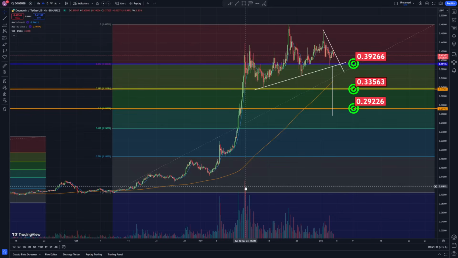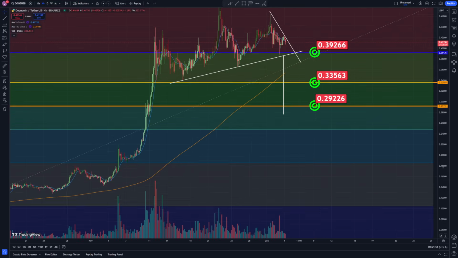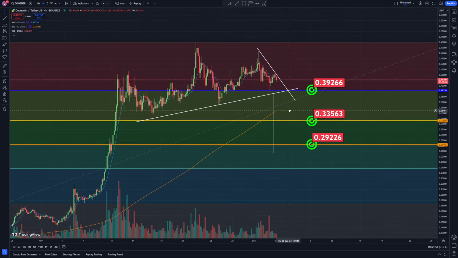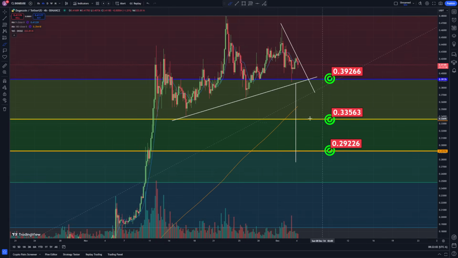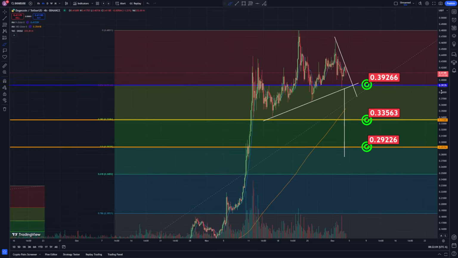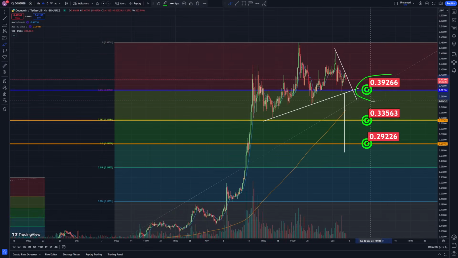Let's take a look at what's going on with Dogecoin today, guys. All right, so we hit the first target, this limit order filled right here, sitting at .39266. I was talking about this on yesterday's video, or in the past couple of days in general. My next couple targets going to the downside are